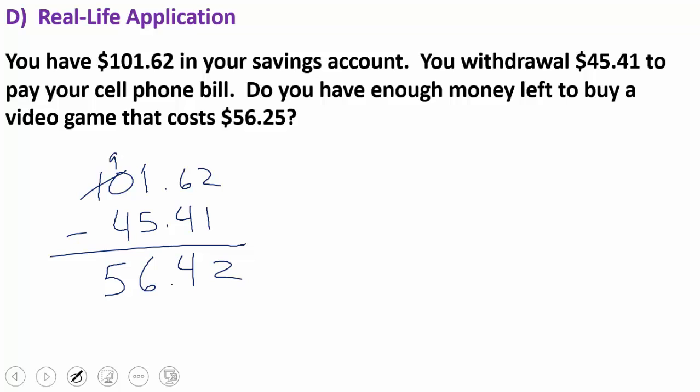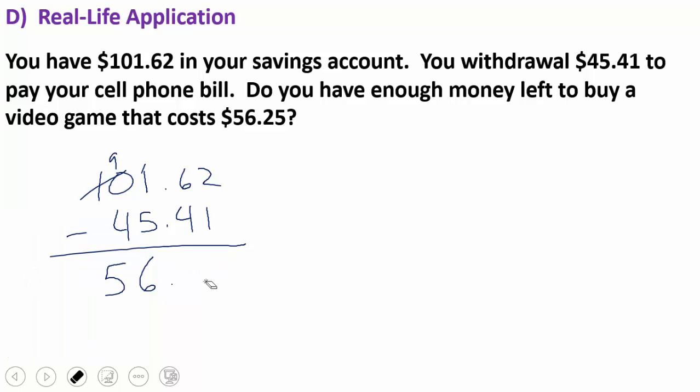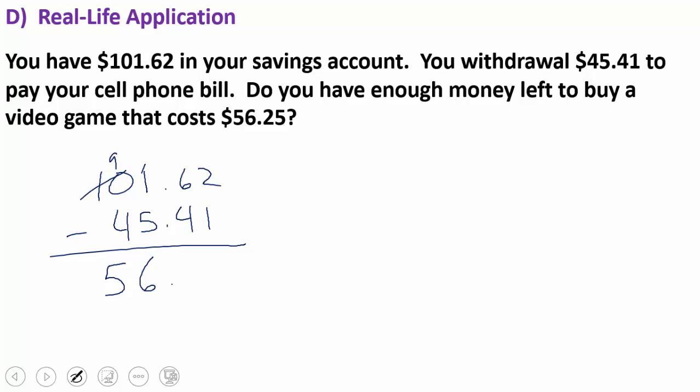Is that enough money? Oh, wait a minute. That's not correct. Hello? Mr. Ross really made a mistake. I'm wondering how many of you caught that and were screaming at the video. 2 minus 1 is 1, and 6 minus 4 is 2. I end up with